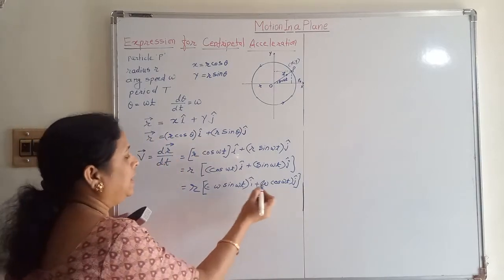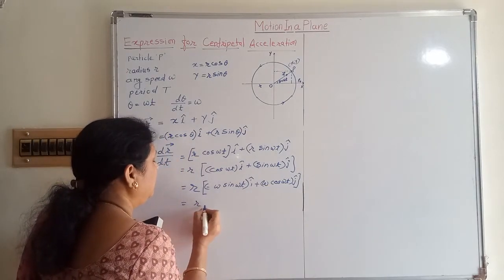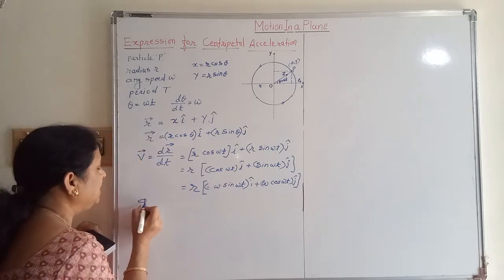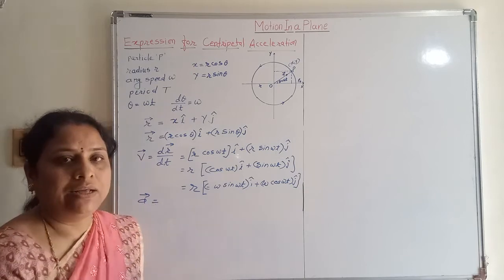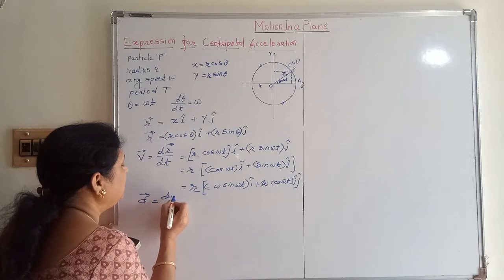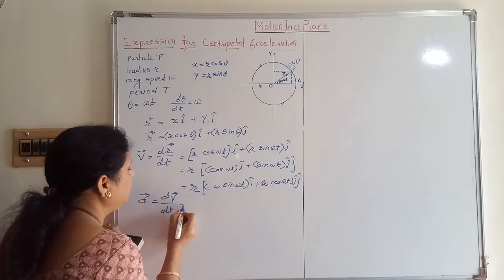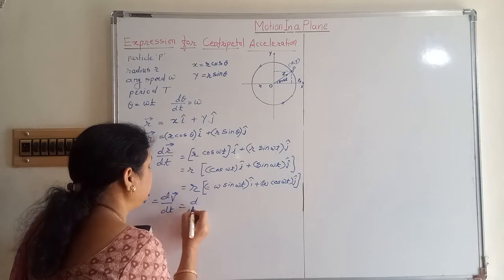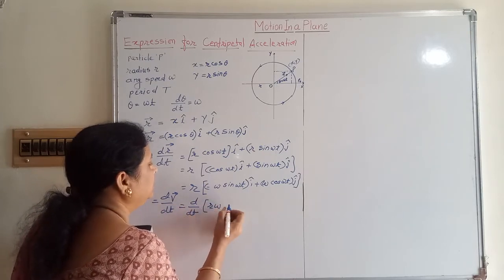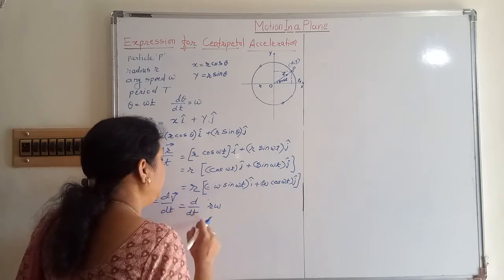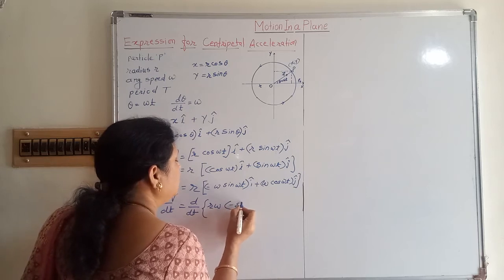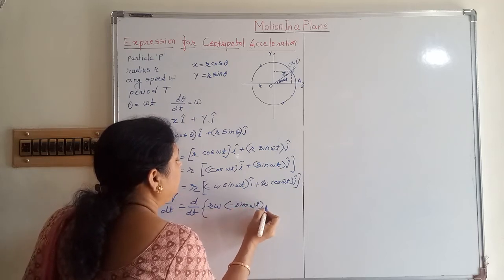Now I can take r omega common, and we take the second derivative. What is acceleration? Acceleration is the rate of change of velocity. So I write here a is equal to dv by dt. So d/dt of this bracket, and there I take r omega common, d/dt of, suppose r omega, here we get minus sin omega t into i